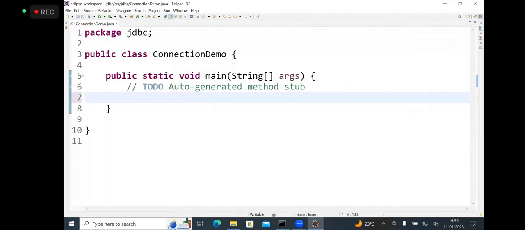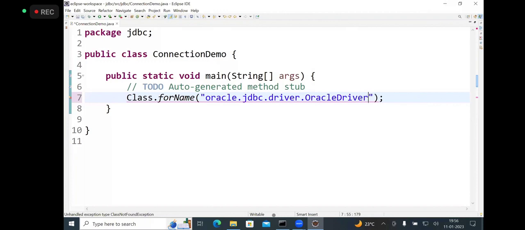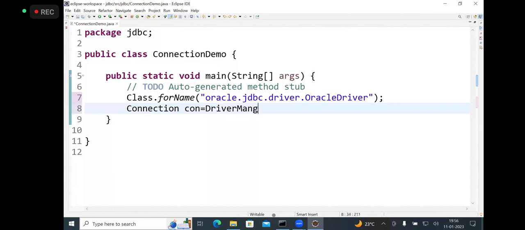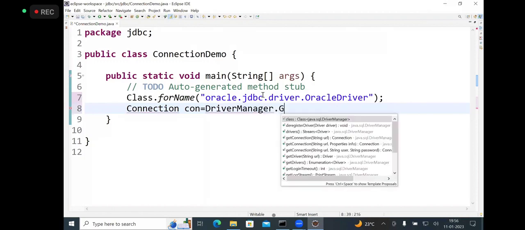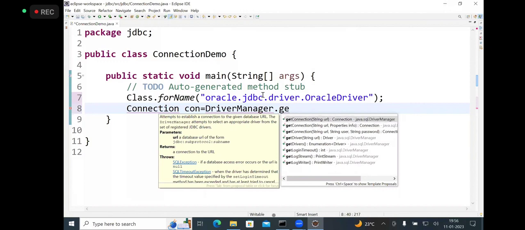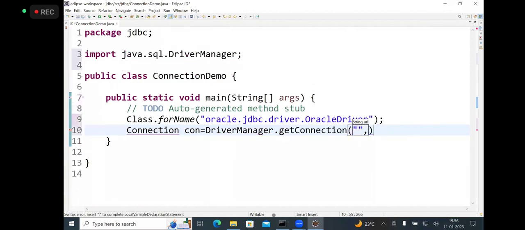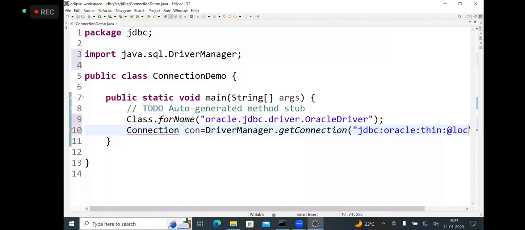Now, Class.forName, oracle.jdbc.driver.OracleDriver. Connection, DriverManager.getConnection. Here, now, here jdbc:oracle:thin:@localhost